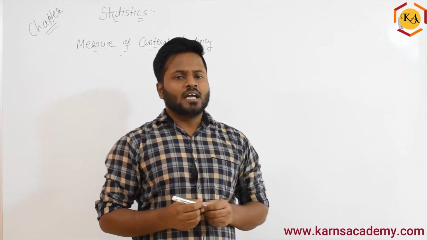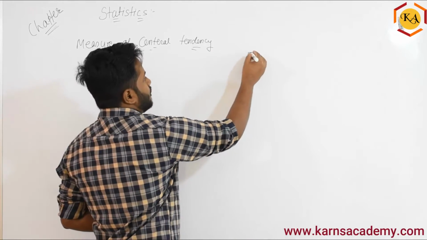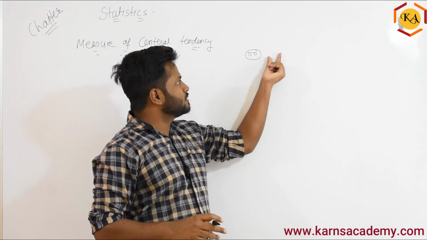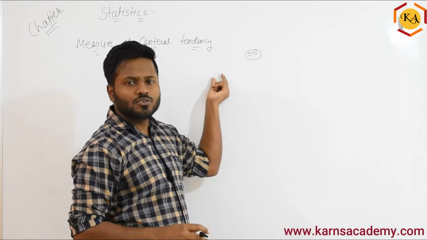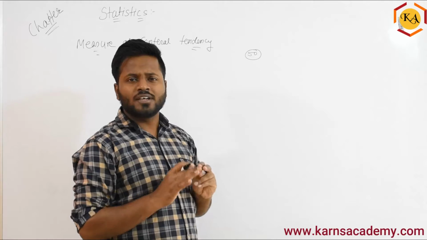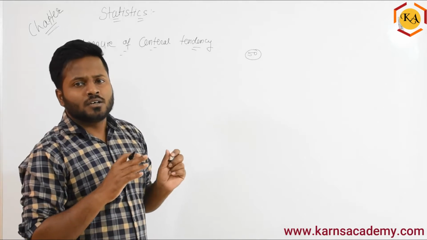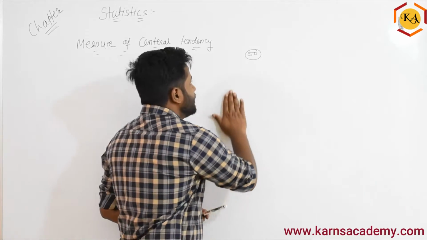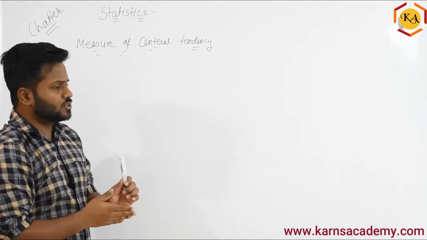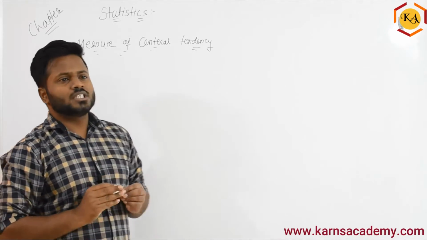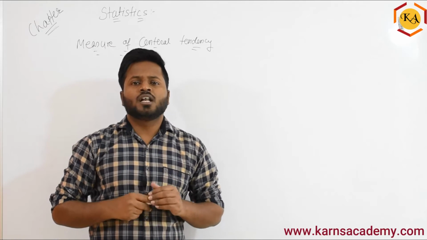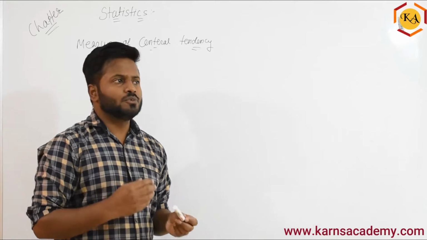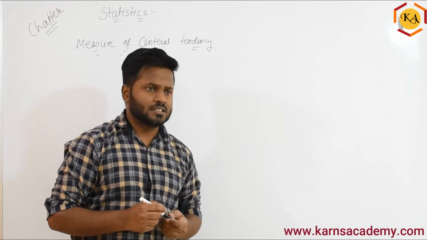For example, let's take the average of your class, you got 50. Which means that on an average, maybe a few highest marks in your class will be 70, or a few lowest marks will be 30, 35, like that. But on an average, your class marks is 50%, something like that, right? So similarly, measure of central tendency deals with a method which will allow you to find a central value from the data.